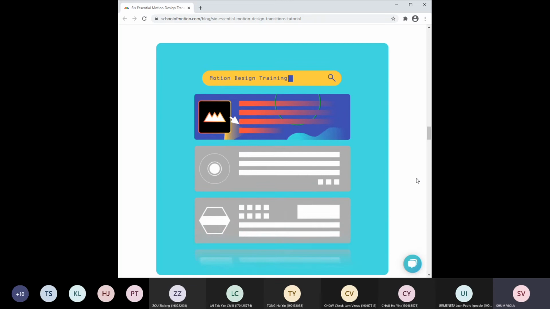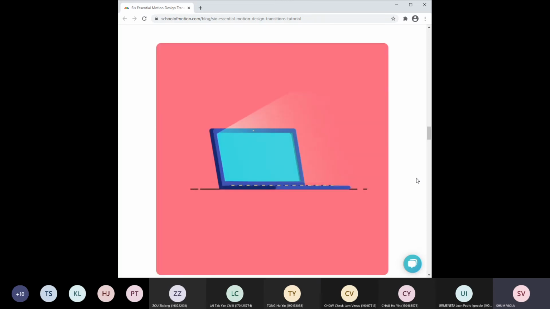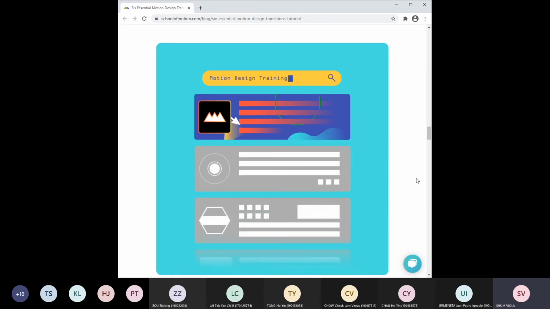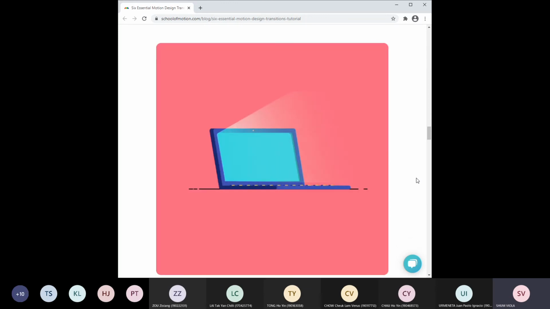So this transition is called cut on action. Actually, it's based on the movement. You can see that the camera moves up, so that it changes into another shot, which also moves up. They have to match the action, of course, because this transition is cut on action, which means you need to match the action. For example, you have to match the direction of the action. The motion is from bottom to top, an upward movement, so the next shot is also an upward movement.